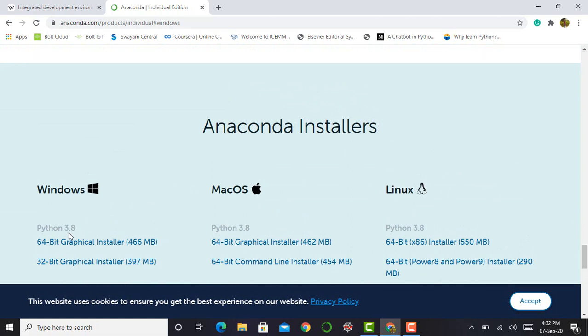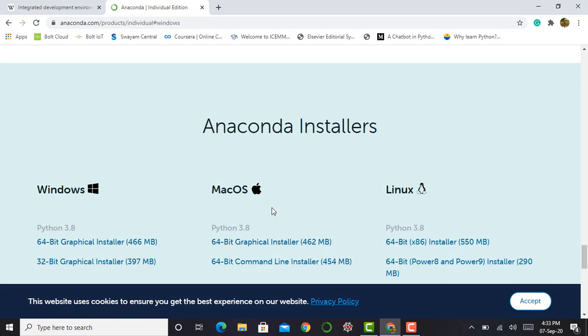For Windows, Python 3.8 is available, and there are two categories: the 64-bit graphical installer and the 32-bit one. If this video is seen by any Mac users, you can also click on this link. The same goes for Linux users.